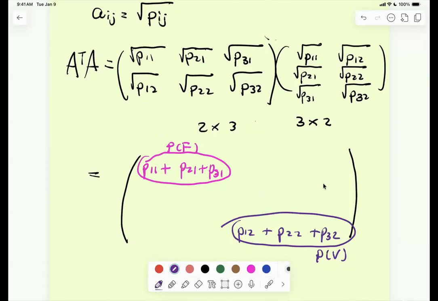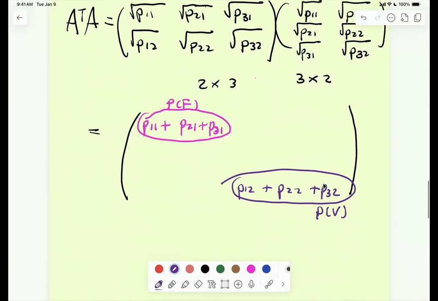Okay. So along the diagonal is information, and this was 2 by 2, right? Maybe it's useful to say this as well. This is 2 by 2. And for the food type, there were only 2 possibilities, right? The food type only came in 2 possibilities, fruit or vegetable, right? So that would also let you know that this should give you some information about the food type. And then the other one, okay, this is going to be a symmetric matrix, right?